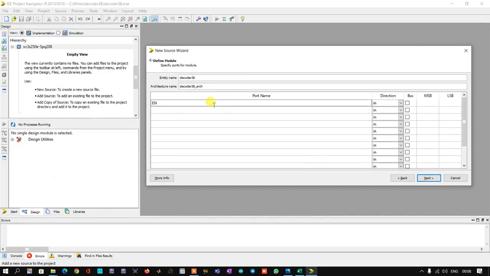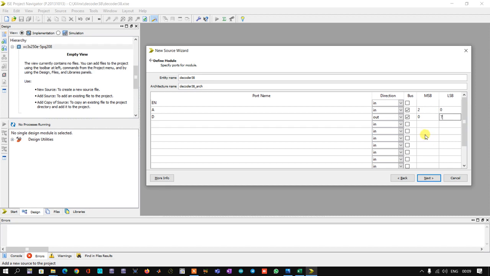So enable, the input A, which will be 2 down to 0, and output D vector 0 to 7. So the tool will write this signal D as the type output, and it will be 0 down to